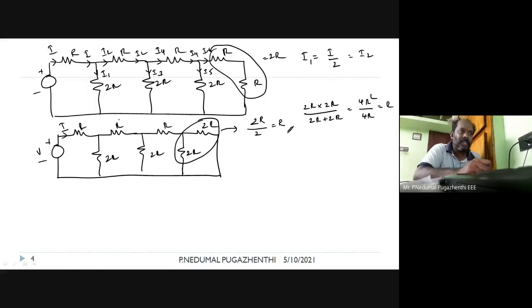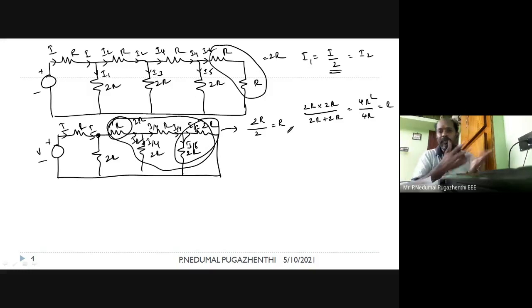So instead of this R, you will get another 2R after this combination. If you combine all these things, you will get a 2R. Whatever the current coming up to this node, again there is equivalent resistance, so the current will be divided into half of that. So I is going to be I by 2. Up to this point you will have I by 2, then the current division gives I by 4. Up to this point you have I by 4. It is further divided, so you will have I by 8. This is what we explained in the previous slide. Got the point?